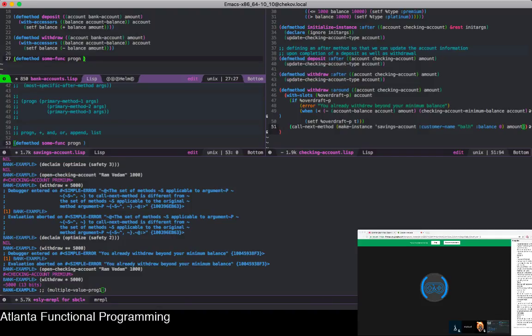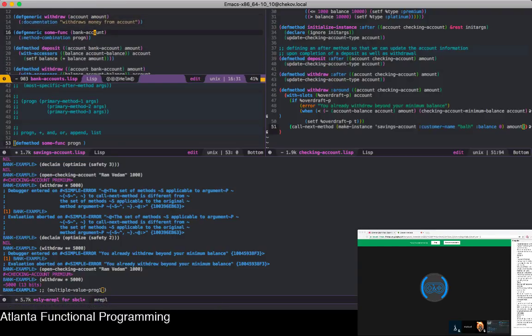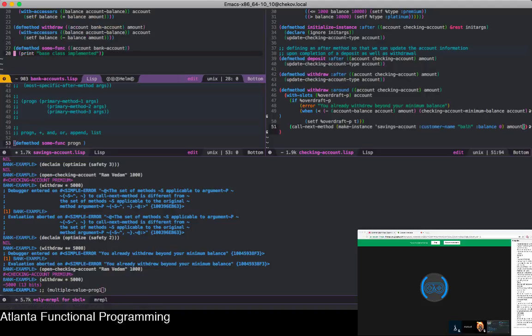By the way, I'll just show this to you. If you don't specify the method combination qualifier, this is what's going to happen. Account base class implemented. Let's make sure our generic function is compiled into our image. Okay, it is. If we compile this, you'll see that you get